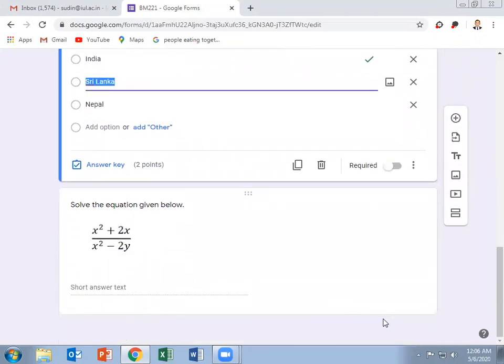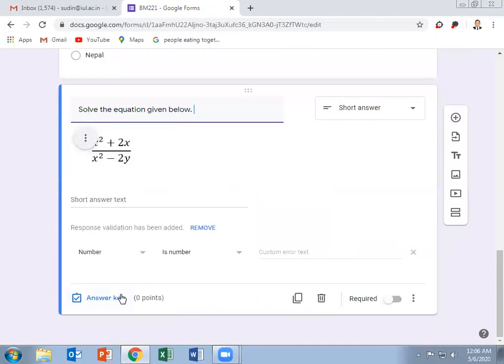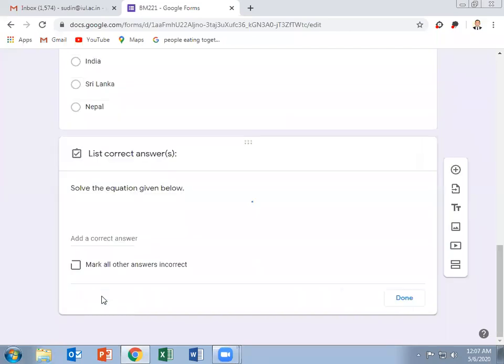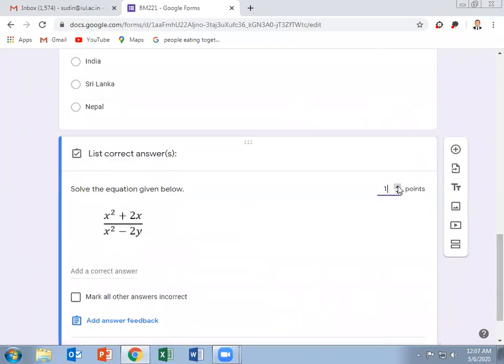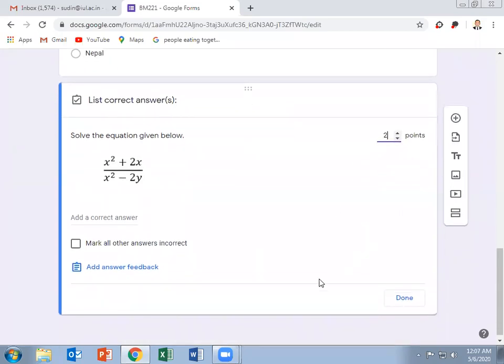In this, we can leave it unanswered and manually evaluate this question, or if there is a specific answer, we can give the answer keys as well. So this is how we can create questions. Now we'll mark this question as 2 marks.